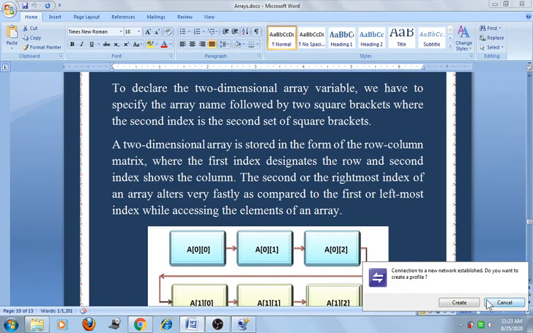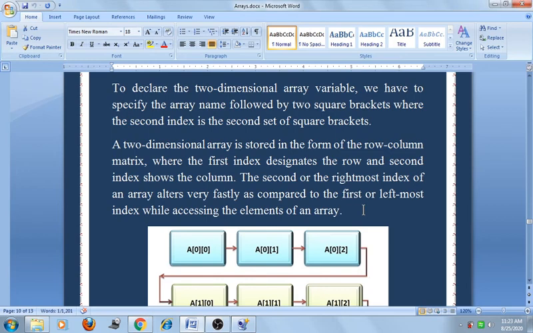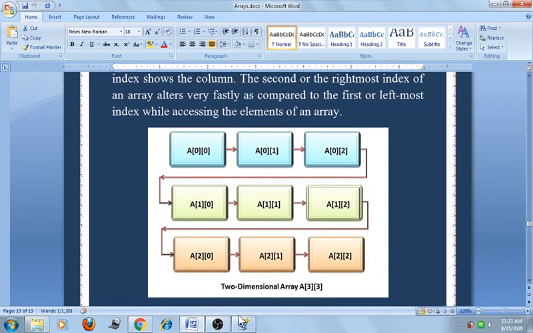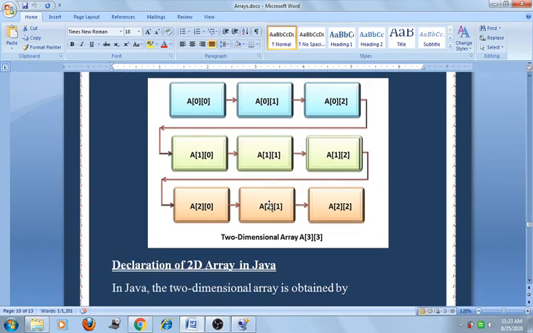So here, see that friend, in this diagram is a two dimensional array of size 3 by 3 matrix, and you already know the first element is at position 0 0, the second is a[0][1], a[0][2], like that. So this is the first row, this is the second row, and this is the third row. We already know how to store the array elements into the two dimensional array.